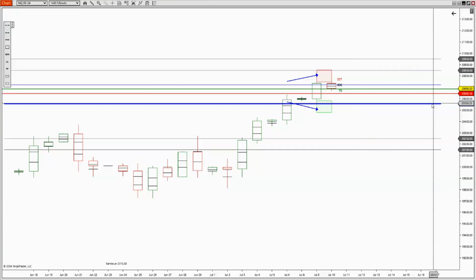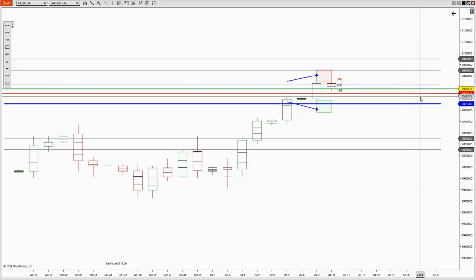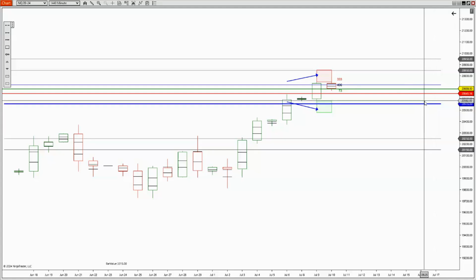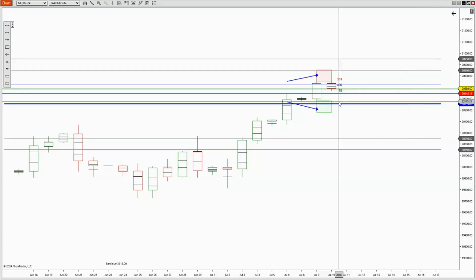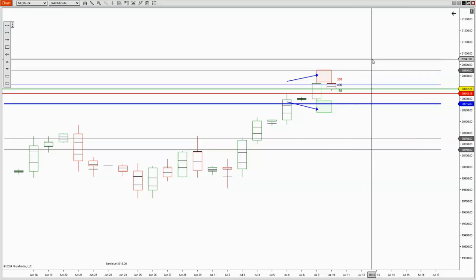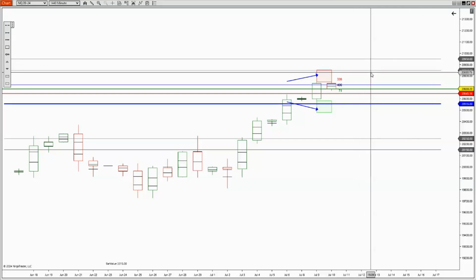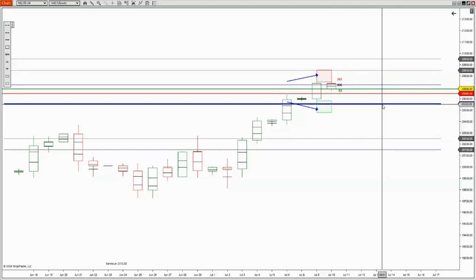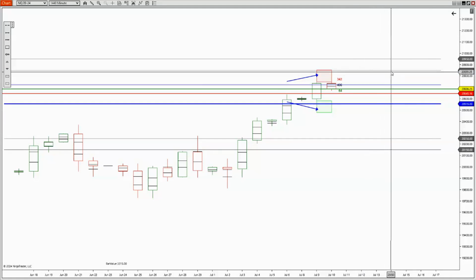The target is always the 55. So we're trying to get to the center. Now, most people, when they count, they do 1 to 10, but the numerical scale actually starts at 0. So 0 to 10, 5 is in the middle. So that's the mean. They're always trying to get to the mean. So it's really important that you know that. So they hit the 550 here. They hit the 550 here. They may want to climb up some more. I mean, they closed above here, so they may end up here into these clusters, and the clusters are, of course, 150 to 250, 15, 25, 55 in the middle, and then 85 and 95.